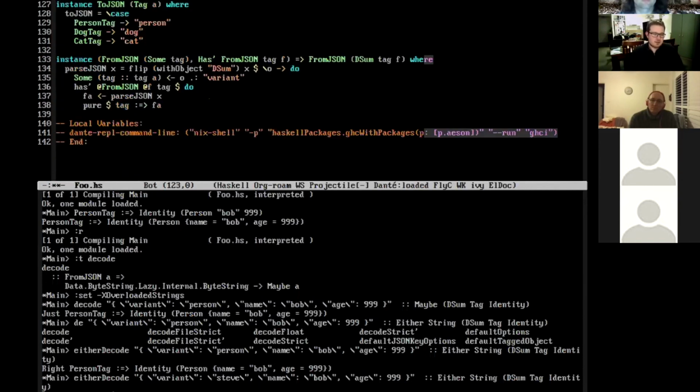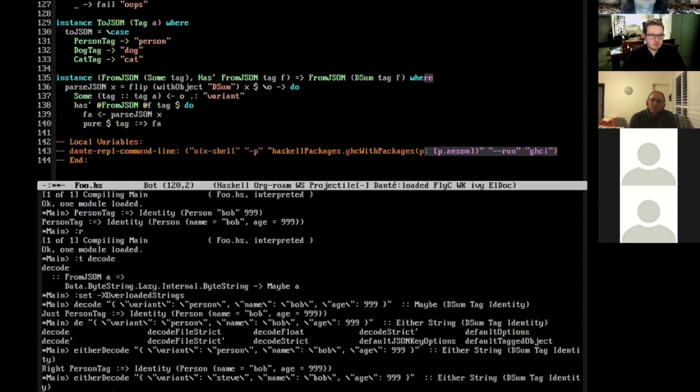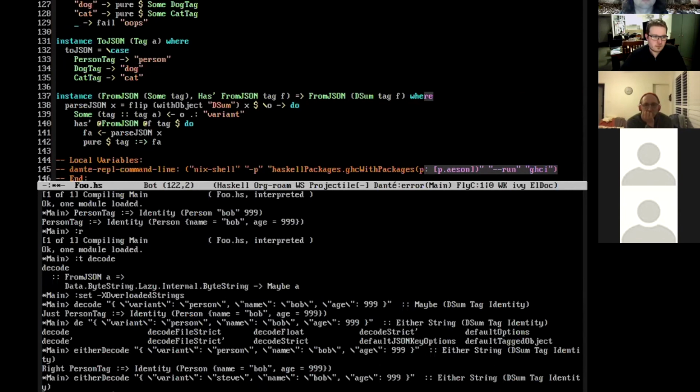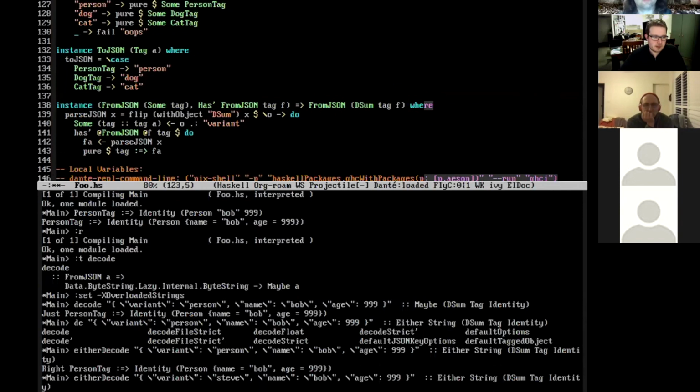So I could write string key for, which is going to be tag A to string, right? I guess the other one would be string to maybe some tag.